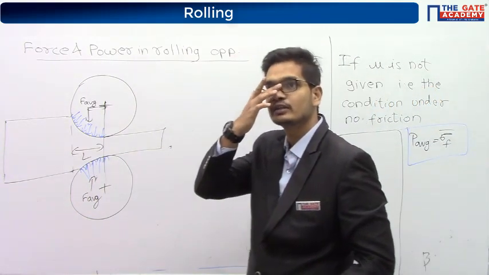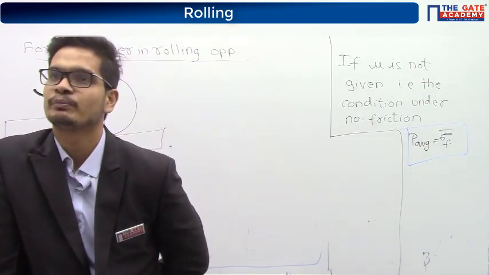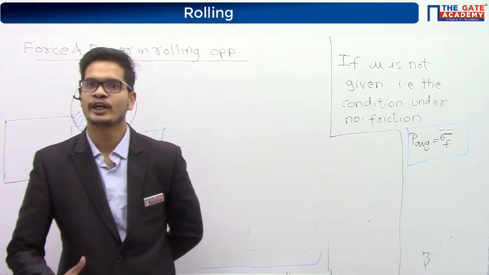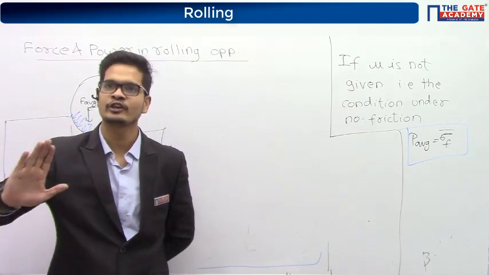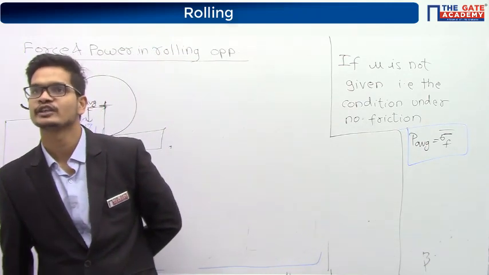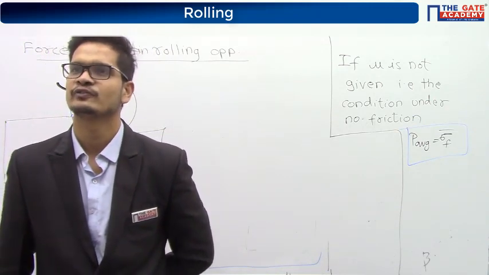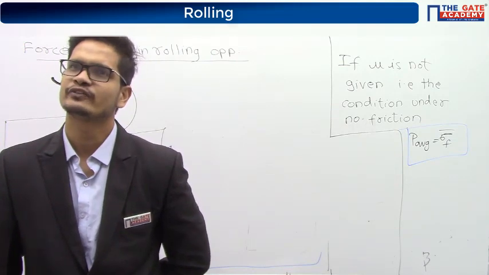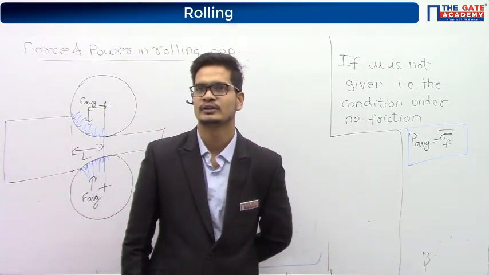Daniel is asking, the balancing force is also frictional force. If mu is 0, we have to keep pushing the component. Yes, if mu is 0, the component will not get pulled in by itself, right? We'll have to give some external push. Danish, frictional force is not a balancing force. It is a pulling force.